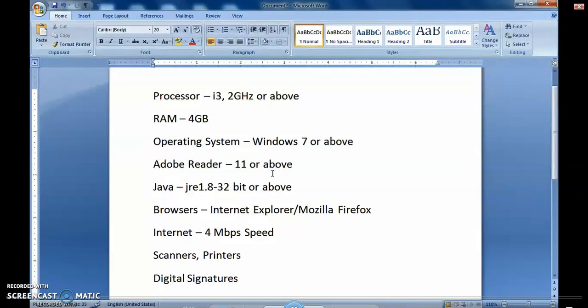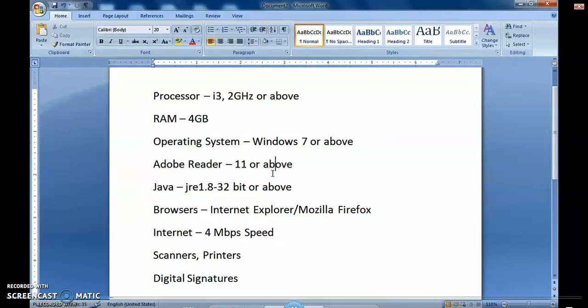Internet speed must be good. 4 Mbps is expected, but the file management system works well in lesser speed also. Then high-end printers and scanners are required, ideally present on each desk. Digital signatures you must have taken, and some of yours may be under preparation, that is required for digitally signing the files.